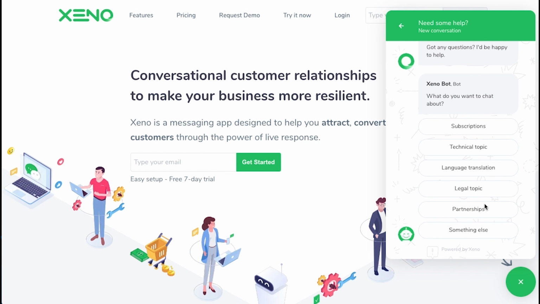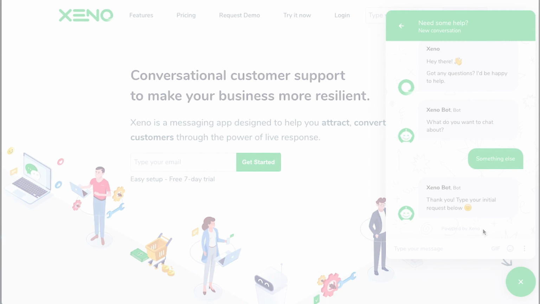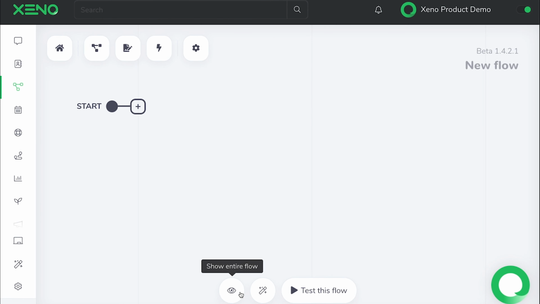The next step would then be to identify what you want your bot to do after it shows the welcome message. On the Flow Builder, you have access to 3 buttons at the bottom of the page that you can click anytime to either A, show the entire flow, basically just zooming out so you can see the entire flow on your screen, B, auto-arrange the flow steps, and C, save or test the flow. So what happens when a conversation has been initialized? You can define the subsequent steps by clicking the plus sign.